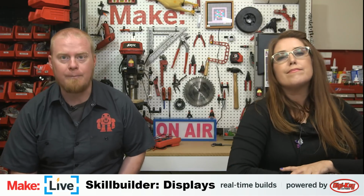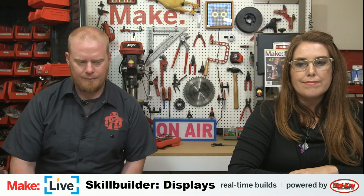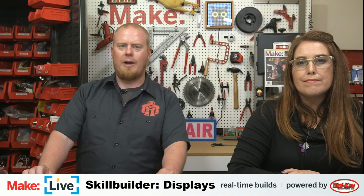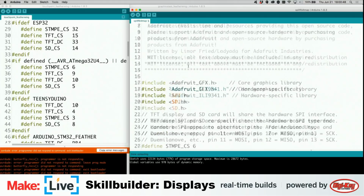I would say that those programs are both valuable to learn, but if you're especially interested in building Arduino and other microcontroller projects, I think a good place to start would be C or C++, because the code that we've been working with here today, this stuff that we are looking at right here,